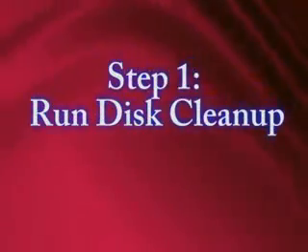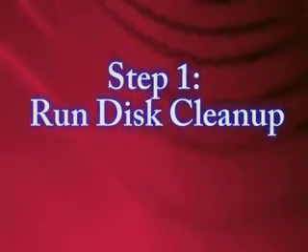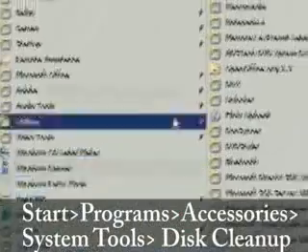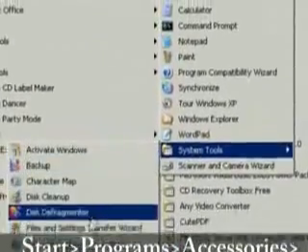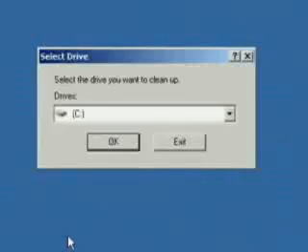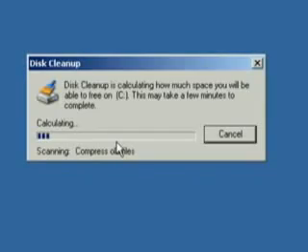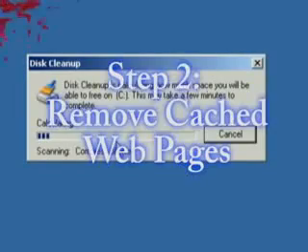The first thing you want to do is run the disk cleanup utility in Windows. You can do this by going to Start, All Programs, Accessories, System Tools, and then Disk Cleanup. And just select the drive that you want to clean up and click OK, and this will remove any unnecessary